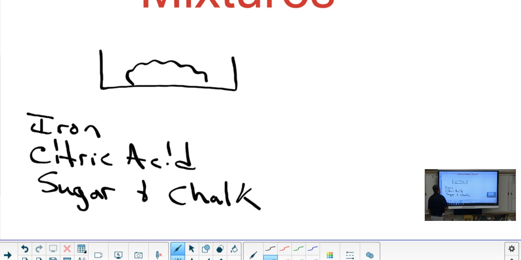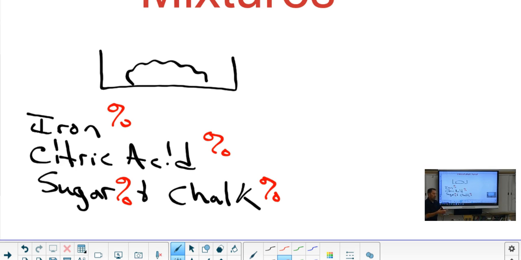All right. So our goal in this lab, and if you had normal chemistry, this lab is way easier because you already did it. Your goal is to find the percent of iron, citric acid, sugar, and chalk in the original mixture. So we're going to use the lab to separate the substances apart, and we're going to use our calculators to do the rest. You kind of all right with that idea? We're going to separate those using physical processes. And one of them is extremely easy to figure out how to get out. Any guesses? The iron with a magnet. Okay?